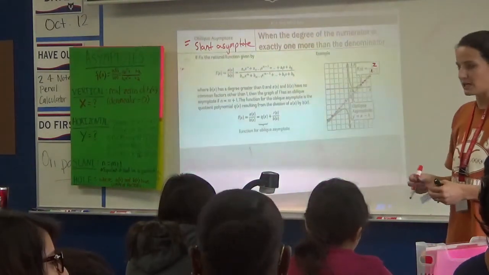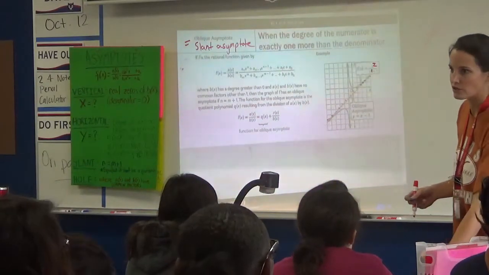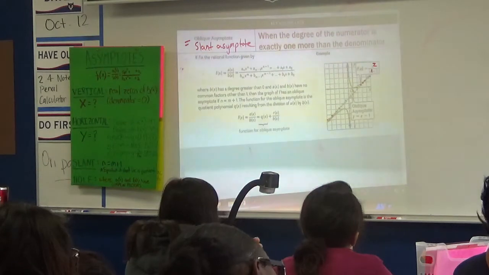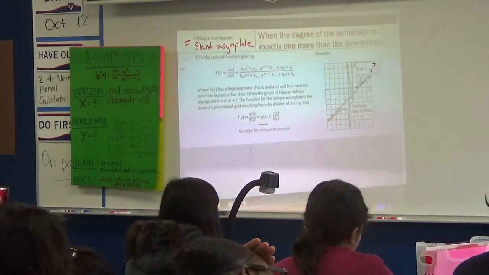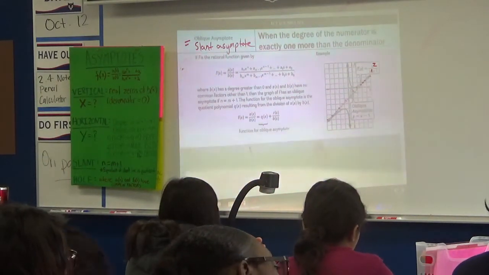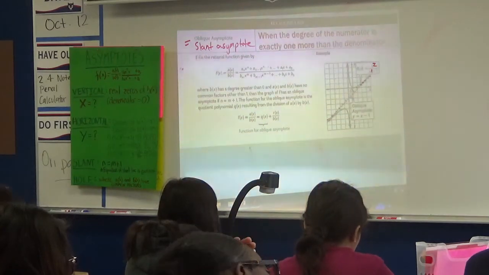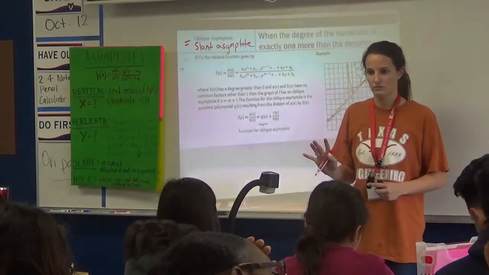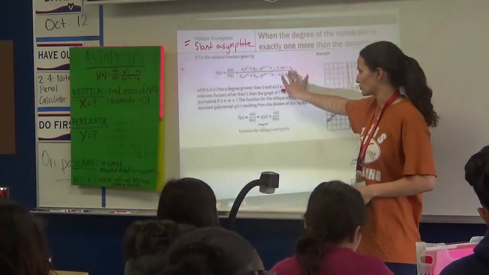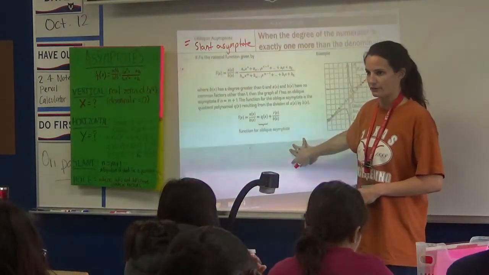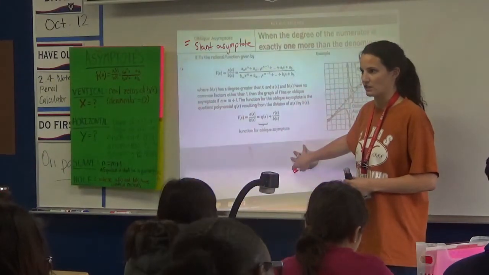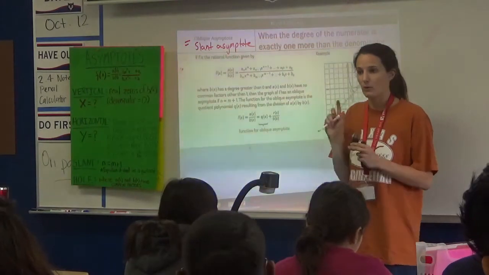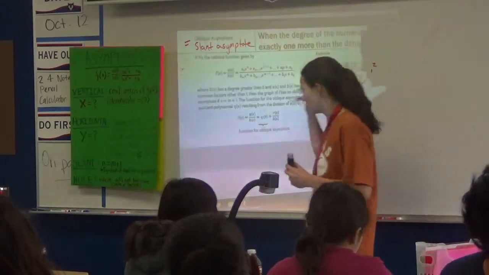The question now becomes, how do I figure out what it is? We know when it happens. Now how do I figure out what my slant or my oblique asymptote is given my rational function? So, instead of me just telling you, what I'm going to have y'all do is read this paragraph. We're going to practice our math reading skills. Ooh, that's scary.